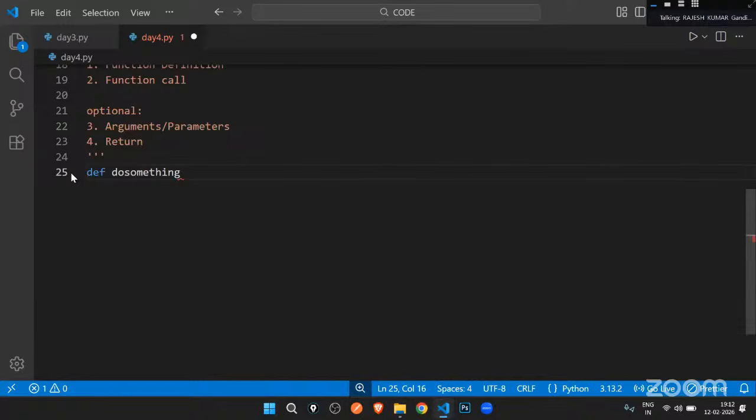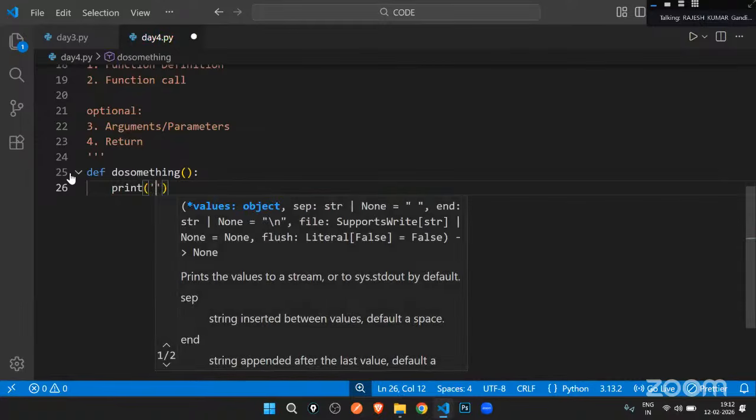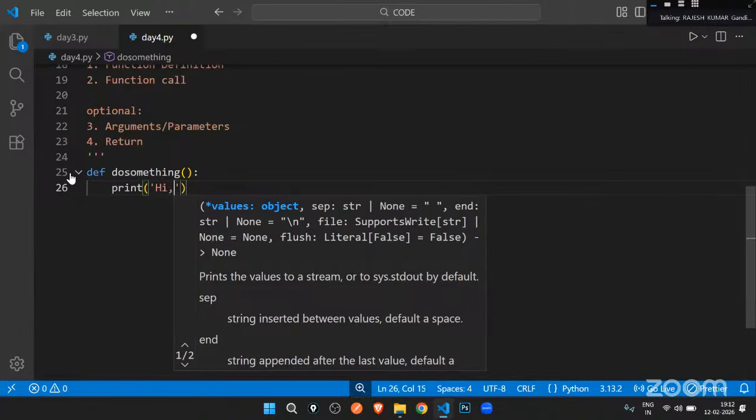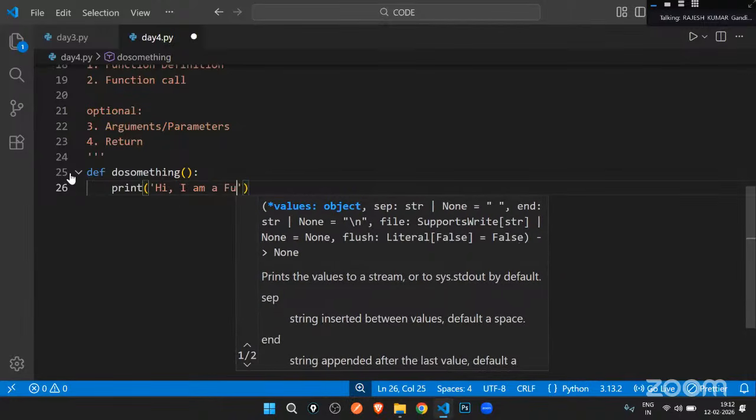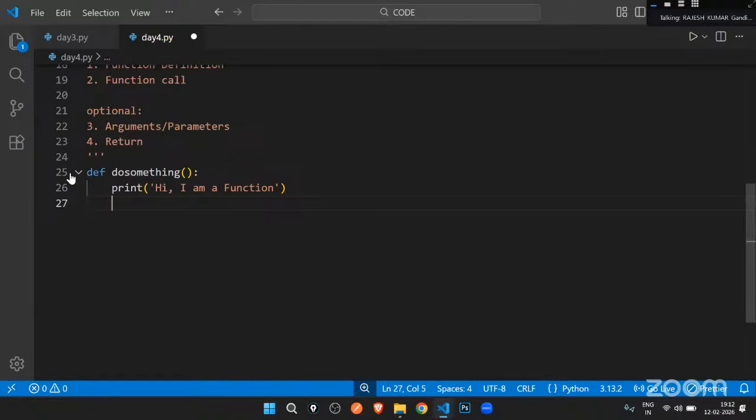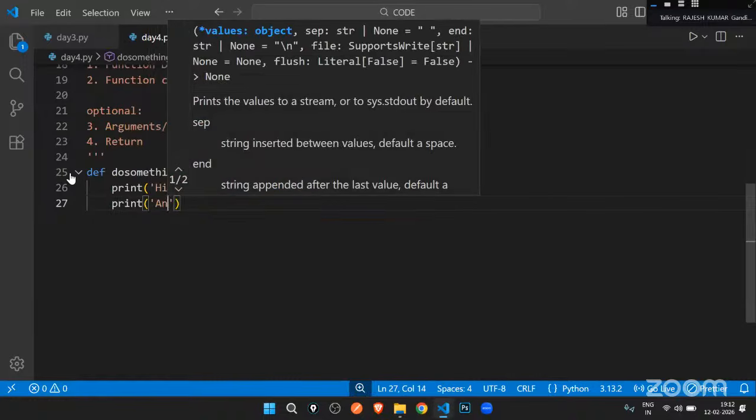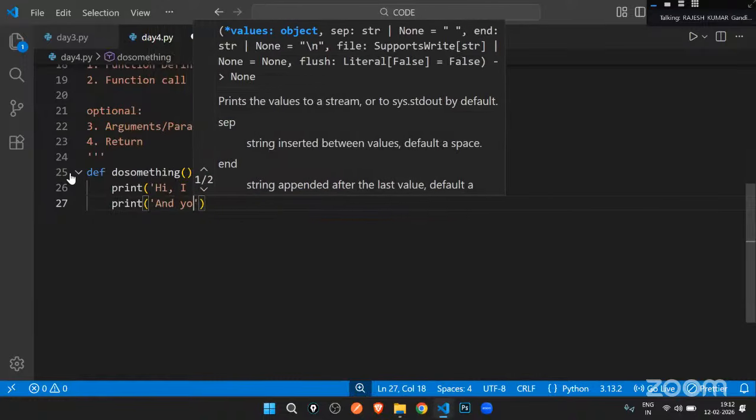After the name of the function, go with open parenthesis, close parenthesis. That's mandatory. Then go with a colon. Now, if you click on enter, you'll automatically get an indentation. With a level of indentation, whatever statements that you want to write inside the function, you can go with that. You can start your code block. Let's say I'll go with a single line here: print "Hi, I am a function." And I'll go to the next line: print "You called me."